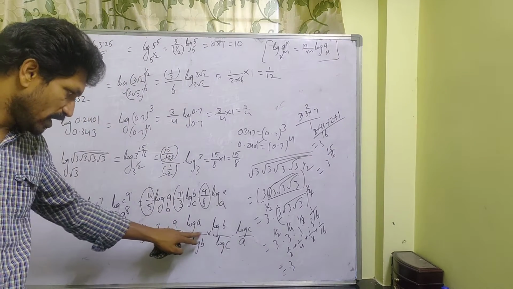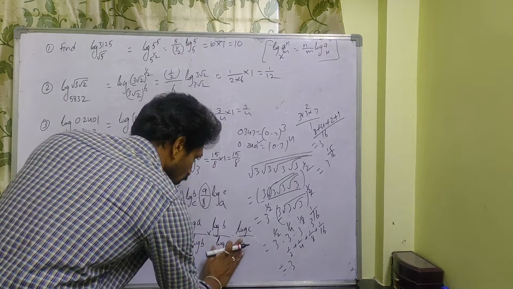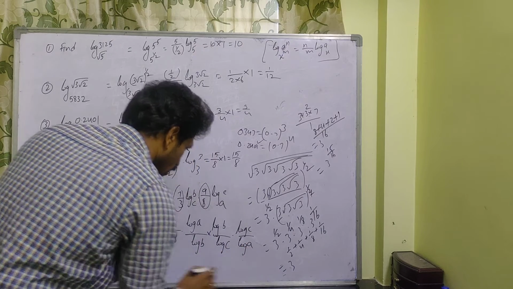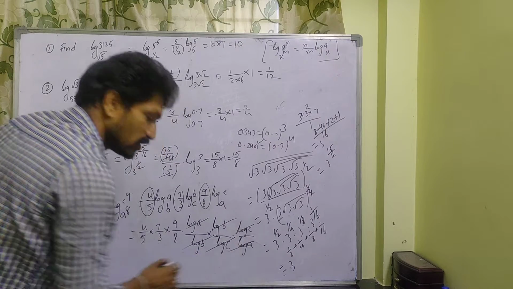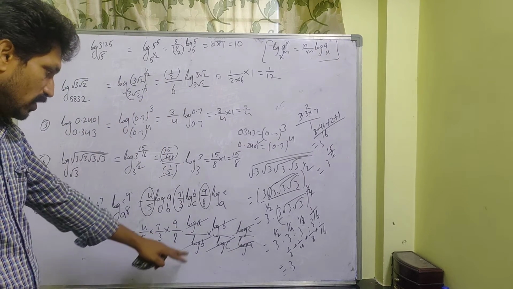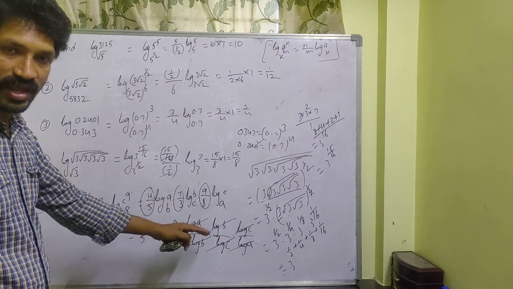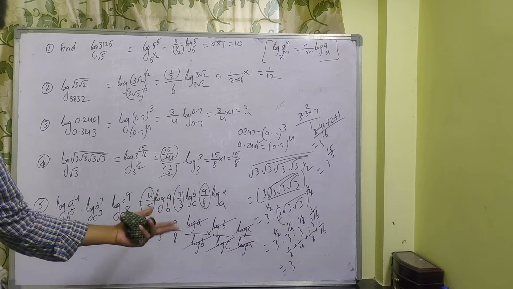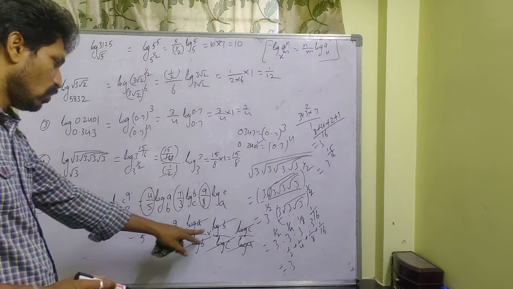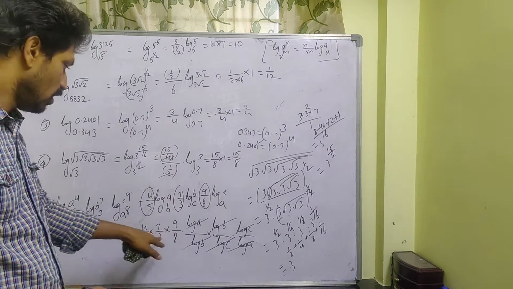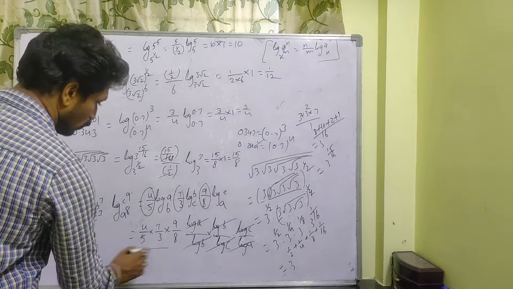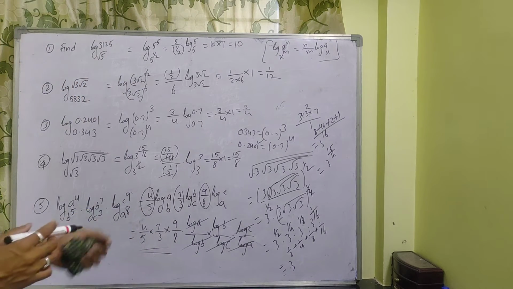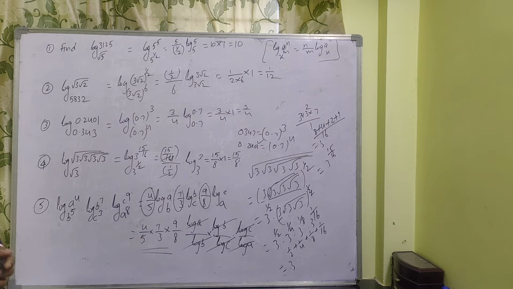Here what is the base? Same bases you can apply here. This is log a. Okay, see here, this log a cancels, log b cancels, log c cancels. So this formula also we know, log x to the base y is equal to log x by log y. Same formula. So our total logs cancel. Here 4 by 5 into 7 by 3 into 9 by 8. You simplify, that is your answer for this question. Like that you have to simplify. Okay. Next problems.